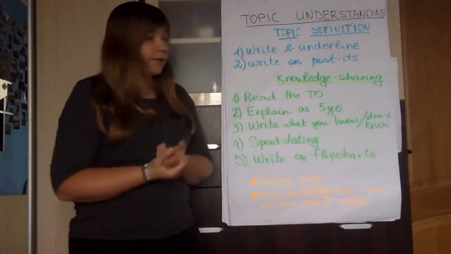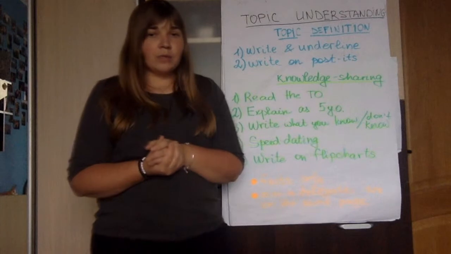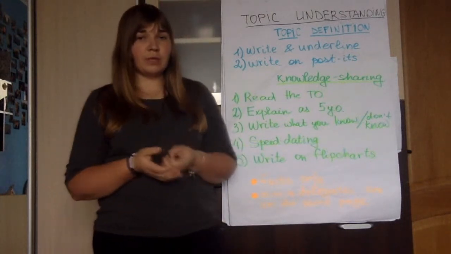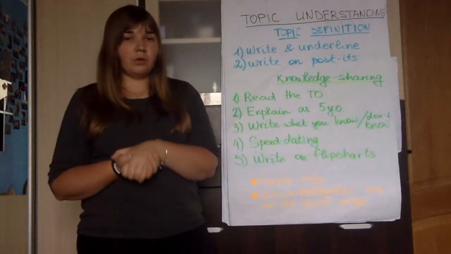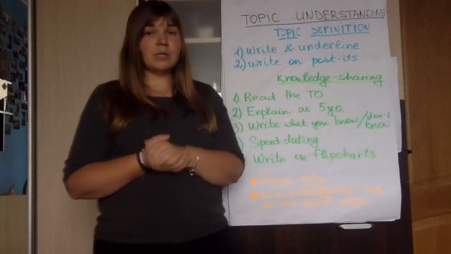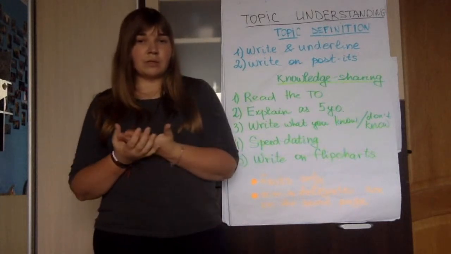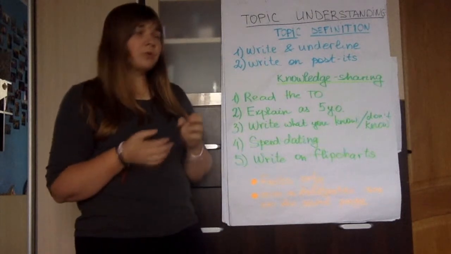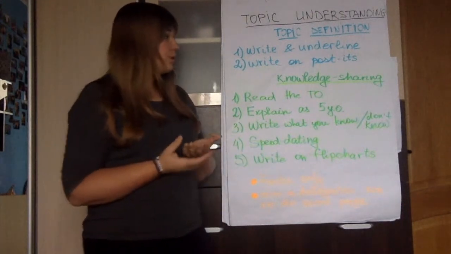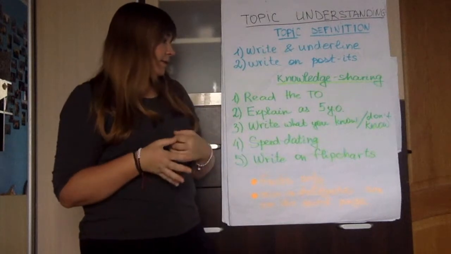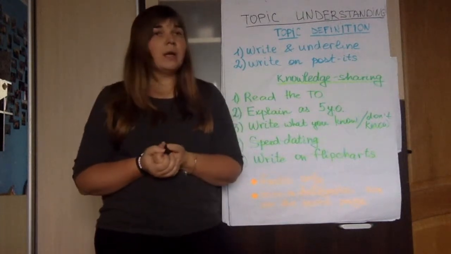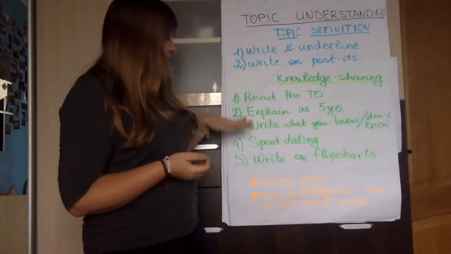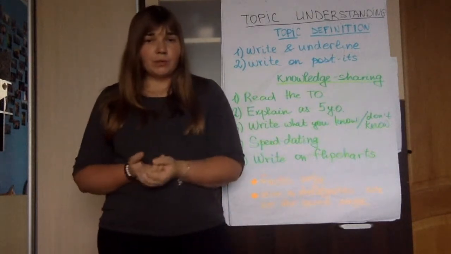The next way is explaining as a 5-year-old. You ask one delegate to come to the middle and in 1 minute explain the topic in a way a 5-year-old child understands it. Afterwards, other delegates are welcome to ask some questions, and delegates do it one by one. Or you can also split them into couples to deal with this task. The basic idea is that it simplifies the topic and makes it much more understandable to all the delegates.